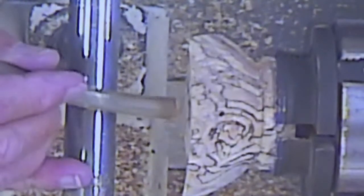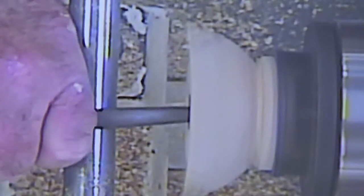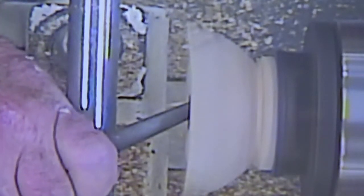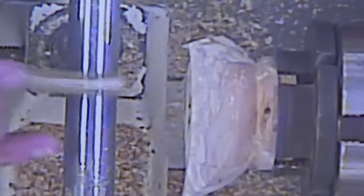Hopefully that should have it. Now I can take a look in there. One tiny little hump right in the center. If you start seeing silver coming out on the bottom, you know you went too far. Okay, I want to call that good. Done with that. Before I take that off the chuck,